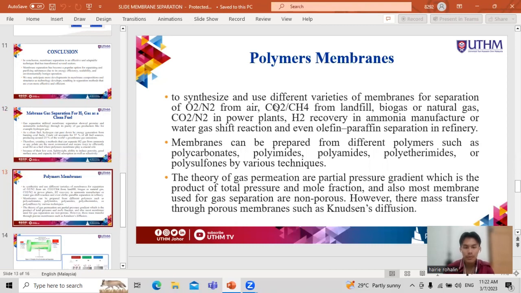Membranes or polymer membranes can be prepared from different polymers such as polycarbonates, polyamides, polyimides, polyetheramides, or polysulfone by various techniques. This goes to the theory of gas permeation, using partial pressure gradient, which is the total pressure and mole fraction, and also most membranes used for gas separation are non-porous. However, there is mass transfer through porous membranes such as Knudsen